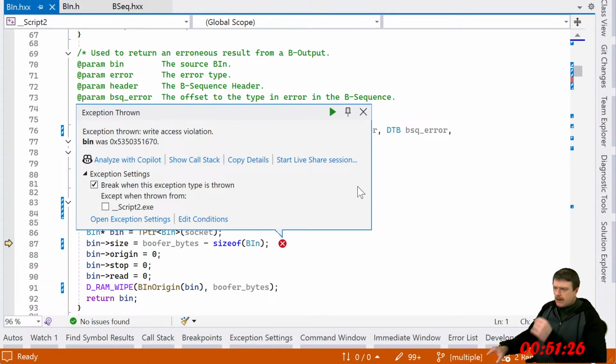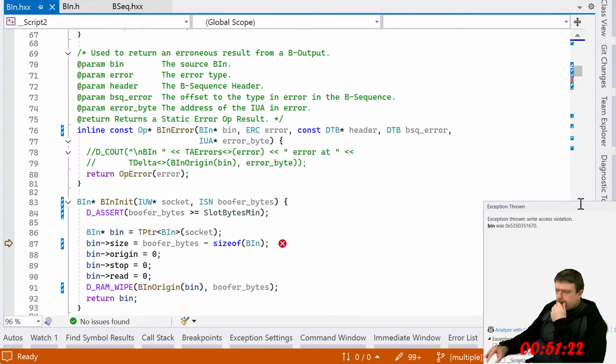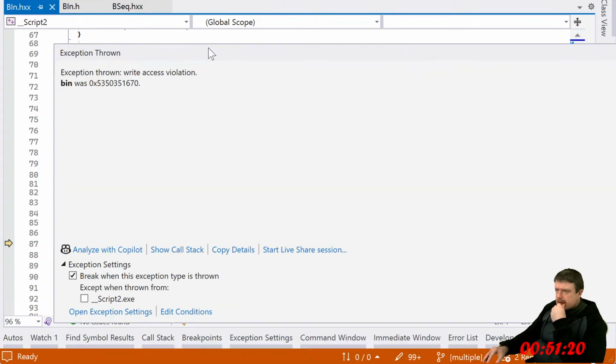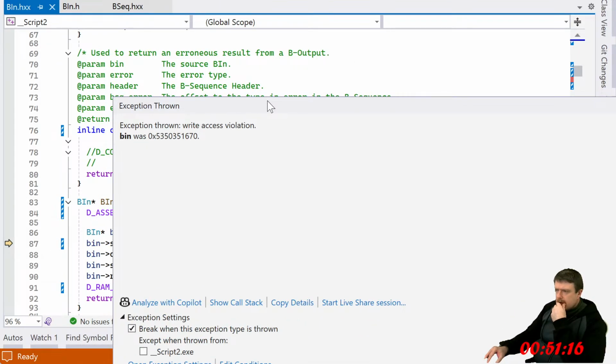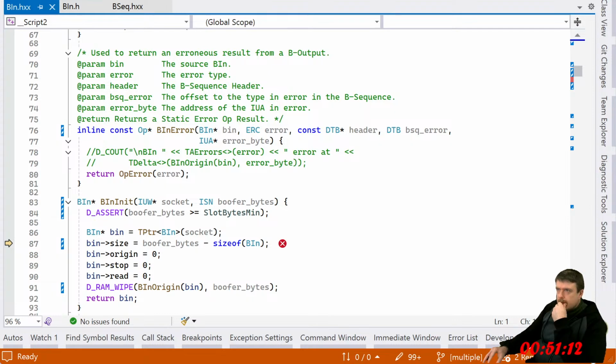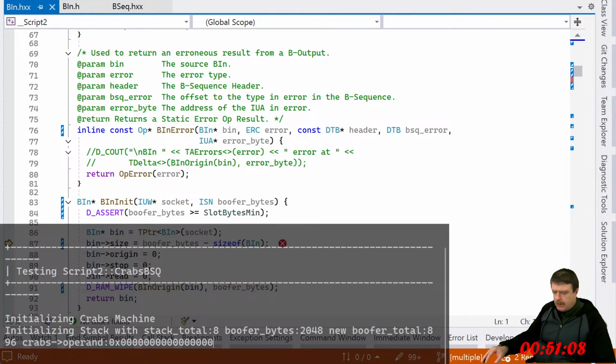So here's the error. So this is definitely not null. Okay. No. All right. So I initialize the CRAS machine. Stack booper, new booper total.